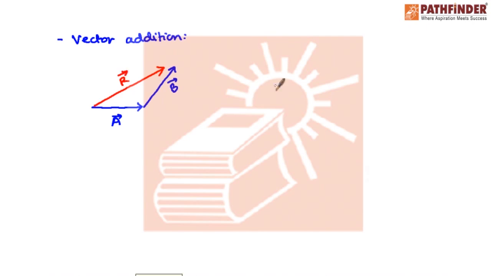Similarly, we can also apply the parallelogram rule. So if there is an A vector and a B vector, we complete the parallelogram. In order to complete the parallelogram, we draw a parallel vector to B vector and a parallel vector to A vector. Now the resultant vector is the diagonal line passing from its common tail to its common head. So this is going to be the resultant vector R vector, which is equal to the sum of A vector plus B vector.